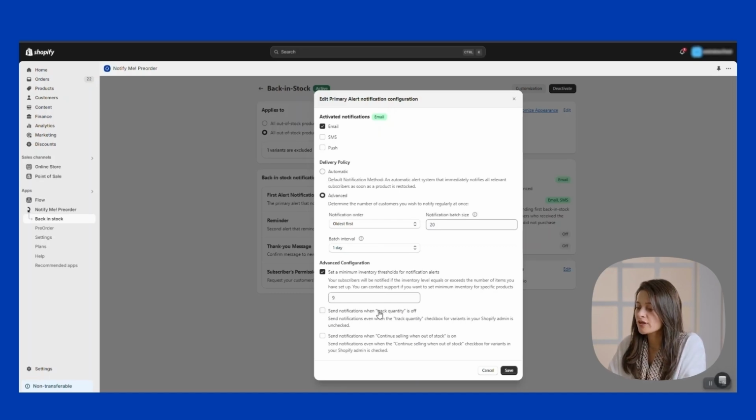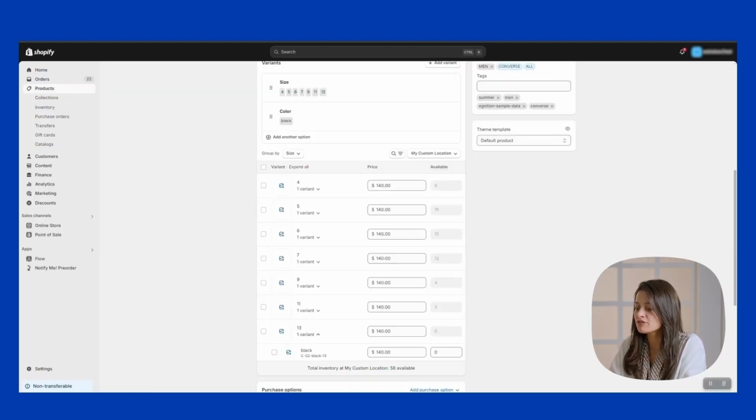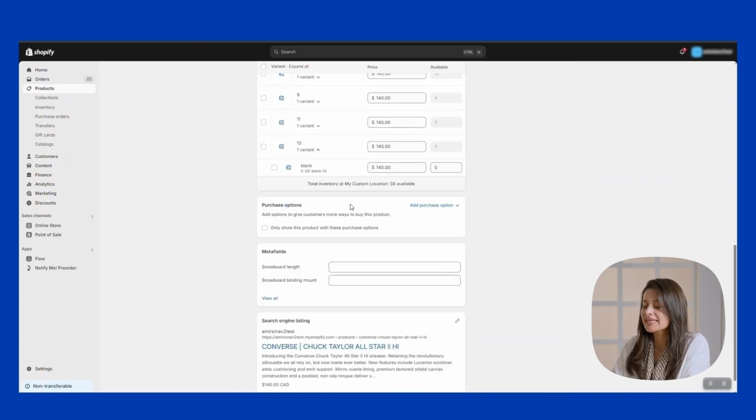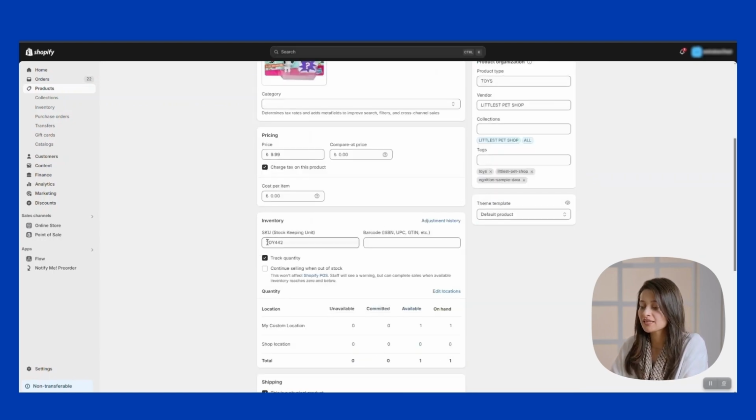Send notifications when track quantity is off lets you send notification even for the products that have the track quantity feature set off. By enabling send notifications when continue selling when out of stock,